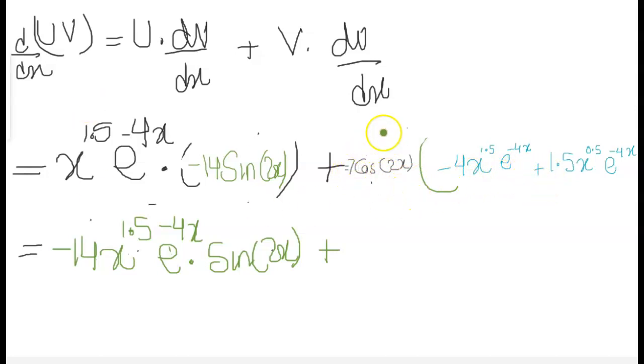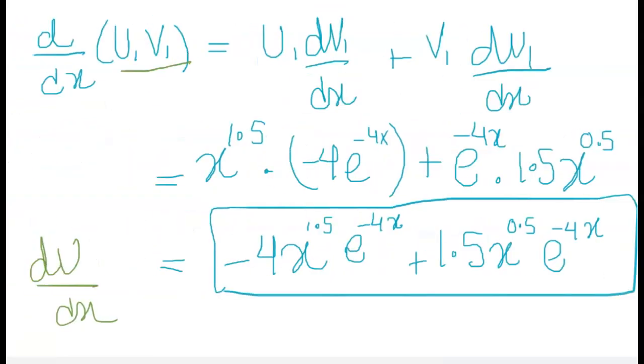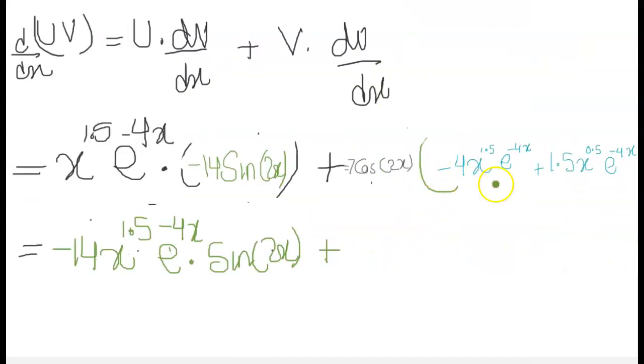Now you're going to multiply that by du over dx. I'm just going to check that one. Yeah, that's it. So I'm just going to put that thing there as well. Now multiply the 7 all the way inside. So that 7 times minus 4 is minus 28. Minus 28 x to the power of 1.5 e to the power of minus 4x dot cos 2x